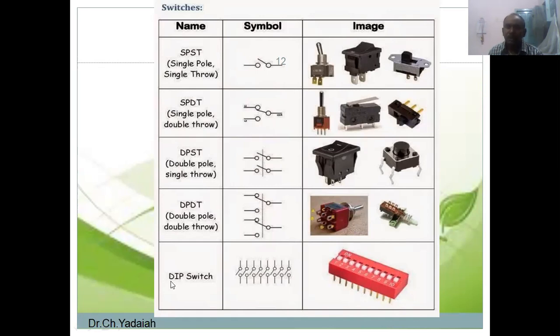And this is a DIP switch. This is used in case of placing an IC and for different operations. So at a time you can operate the switches by using the DIP switches. These are the normal switches used in different applications in instrumentation, electronics, computer and electrical fields where the current required is less.